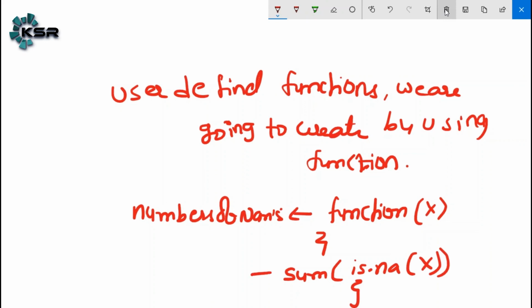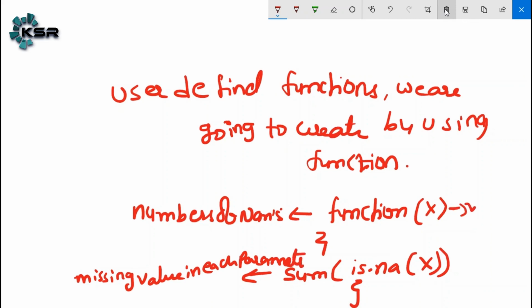This will tell us about the missing values in each variable. X is nothing but your variables, or you can say data set.